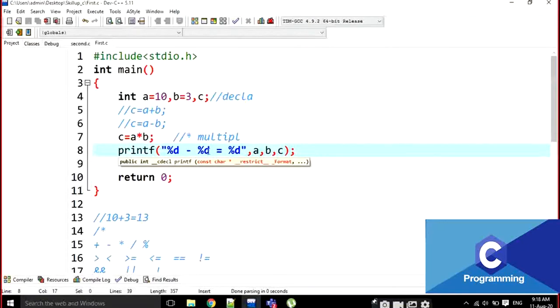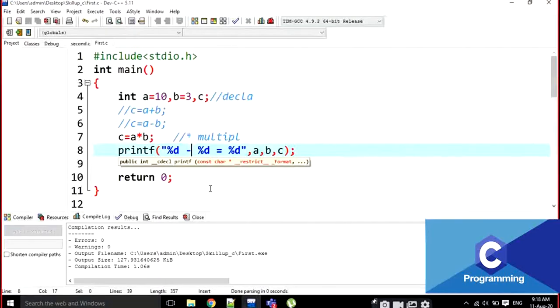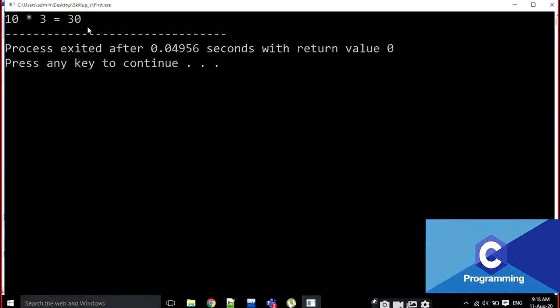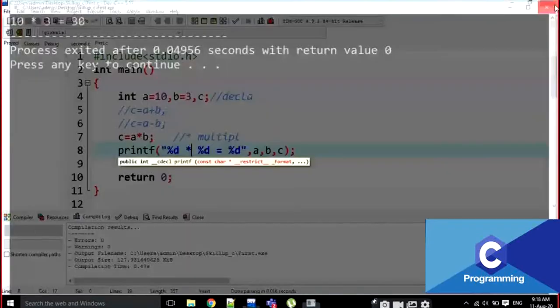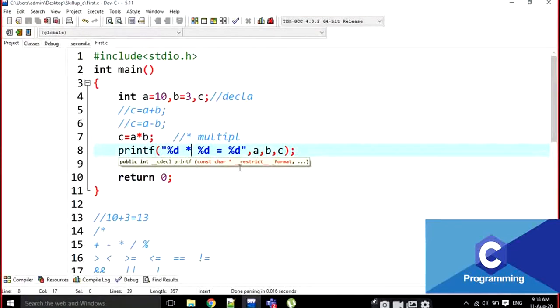For example, if I execute it, it is going to display as 10 minus 3 is equal to 30. No, not like that. Here we have to write display as star represents. If it is star represents, it will be in a correct format. The output and everything is the same, everything is not wrong here. But the display thing is not good here. That's why we are going to change that into asterisk. Asterisk for multiplication, not x or small x or dot.